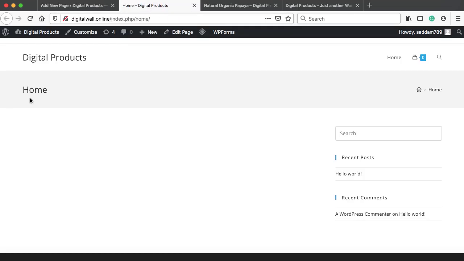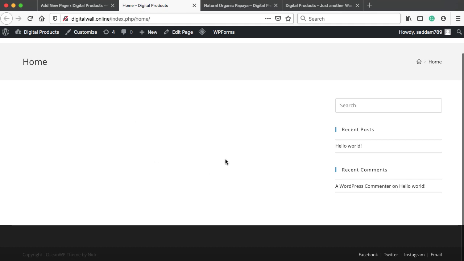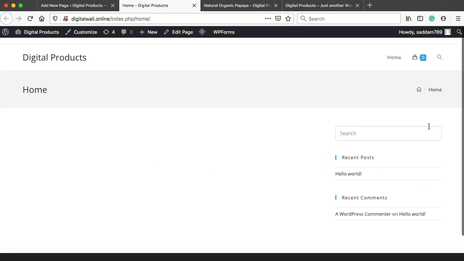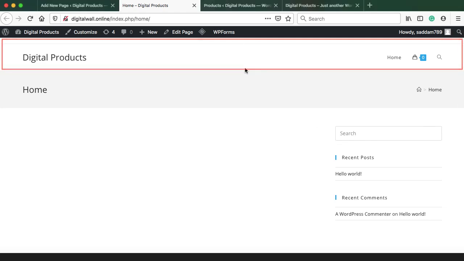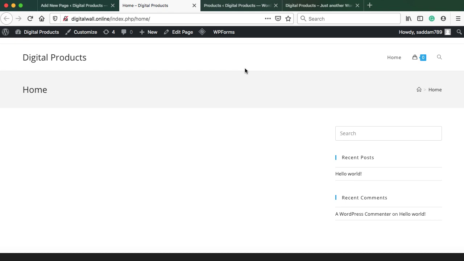Here we go. So this is the home page which is completely blank, and on the right hand side we can see this sidebar. Now let me explain a few elements on this page. The top section is called the header, I mean from here to here. The header contains the logo and menu icons. Here we'll be putting a logo, and on the right hand side we'll create the menu. Menus are basically the links to the inner pages of the website through which the user can navigate among the website pages.